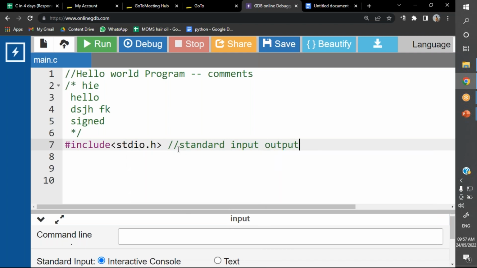But you might get a doubt: sir, what does this include mean? What does this hash mean? And what do these angle brackets mean? Just to explain that, I'll